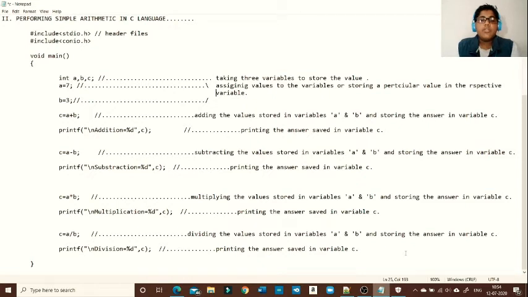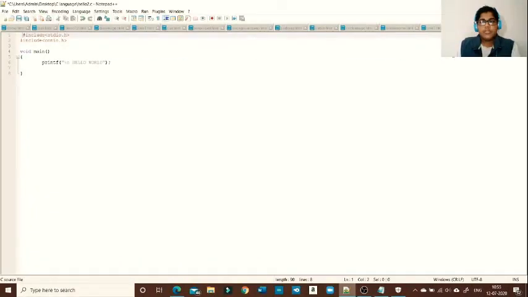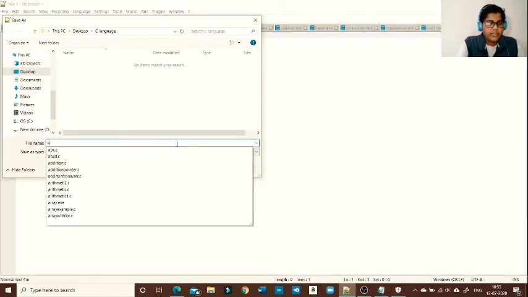So now in Notepad++ we need to create a new page, and then we need to just copy this whole code and paste it in the Notepad++. So this is our previous code, which is print hello world in C language. Now I will create a new file by clicking on file on the left upper corner and new. You can also create a new page by pressing Ctrl N, and now I will save it. Again go in file and click on save as. I will give it the name